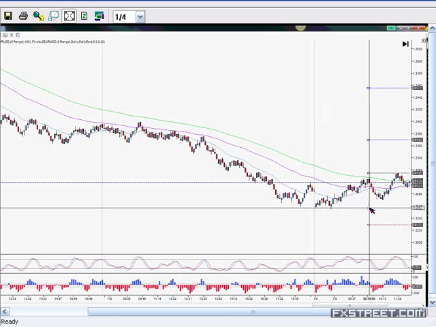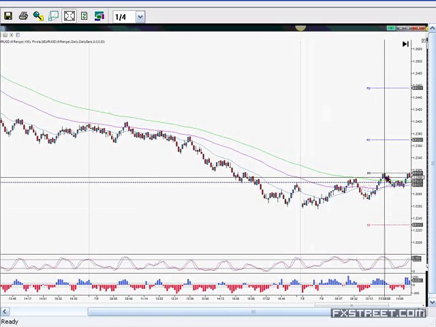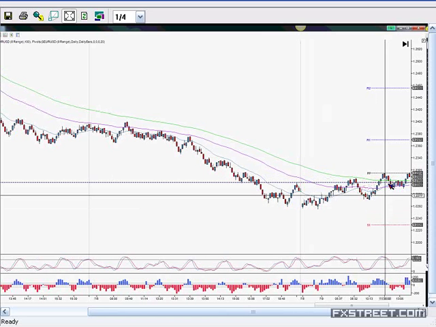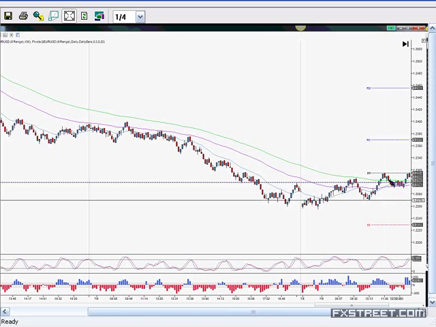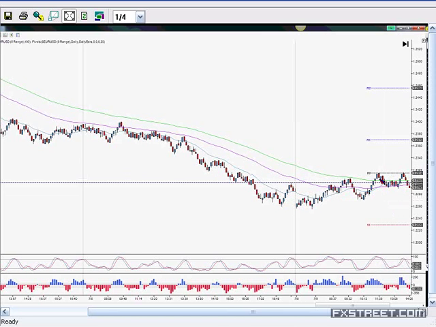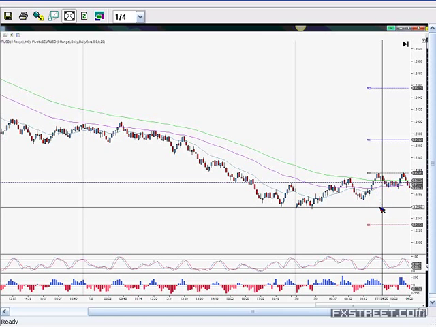Okay. Then coming back to the markets later on, we had the bounce off of this pivot here. Unfortunately, or fortunately rather, because as you can see, it didn't actually work out. It was at 11 o'clock. So we don't trade at 11:30. We trade from 8 to 11 and from 1 until 4.